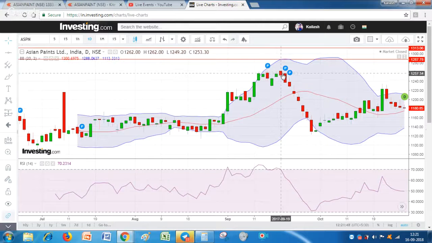And look at this level friends, look at this. It has once given a signal that it can reverse and the stock has gone down. It moved down from this range of 1249, okay, with a stop loss of just 1261.62. It moved down to this level once, 1214, and then dipped till this level. So it has given a huge profit on both sides, upside and downside. So friends, always try to understand stop loss. Look at this example only.